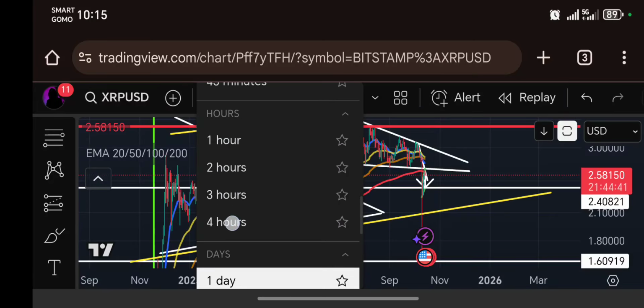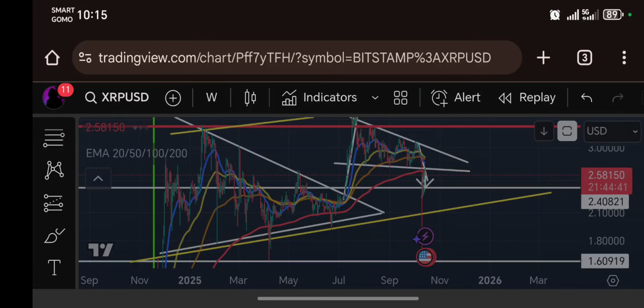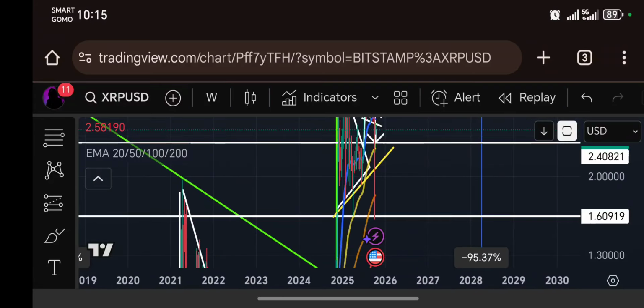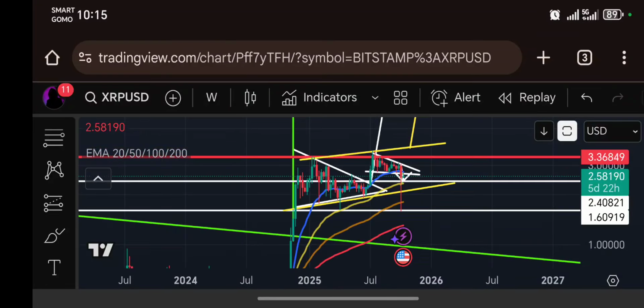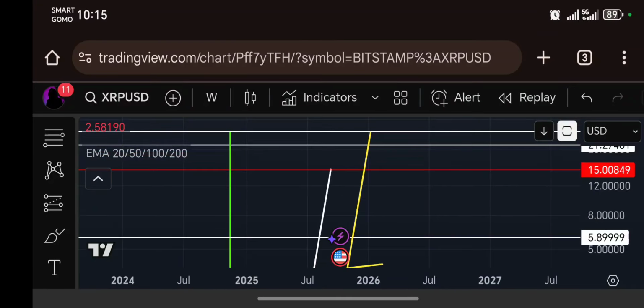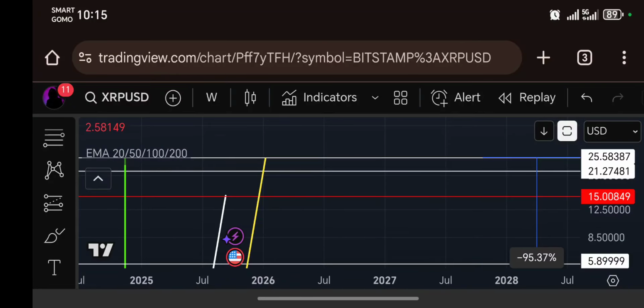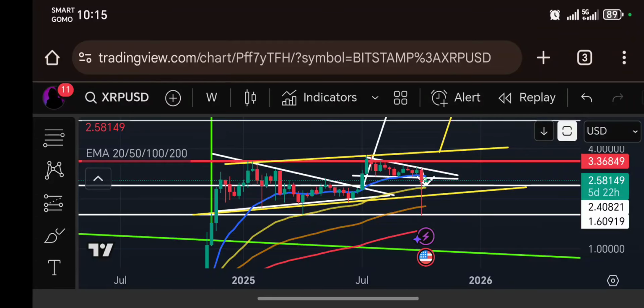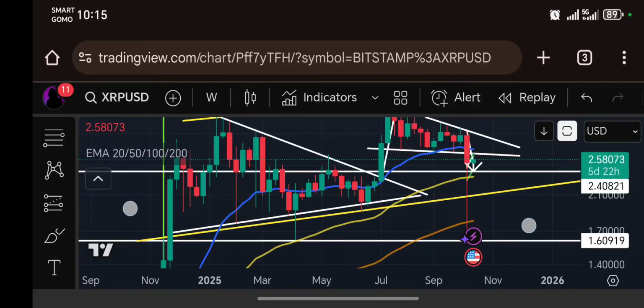So on your weekly, okay, my price targets are still the same, 15 to 26 US dollar per XRP by the end of this bull run is still at play. Nothing new, nothing wrong. All I need is just a confirmation, and we really don't know when will it happen. So as long as we're not closing below this 50 EMA here,